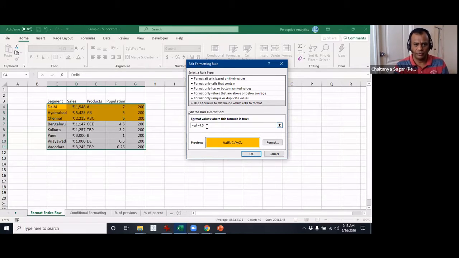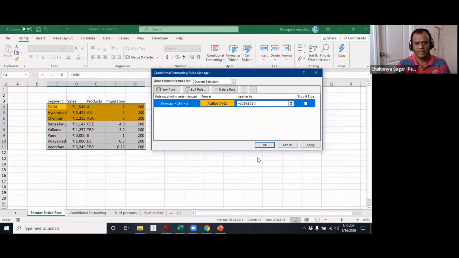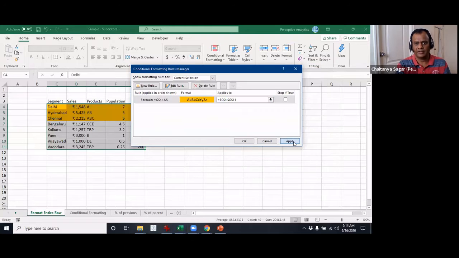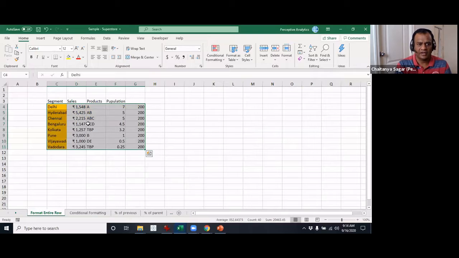So G4. I think this dollar symbol should be all right. We are essentially trying to focus on this particular one. Then click OK, and OK. Now we noticed that this column got highlighted, right? And we were trying to figure out why.